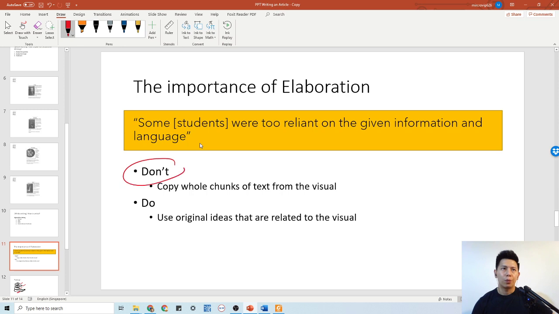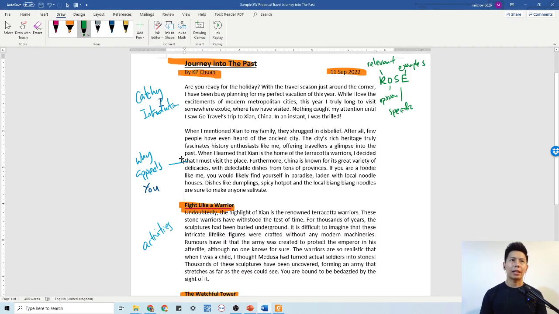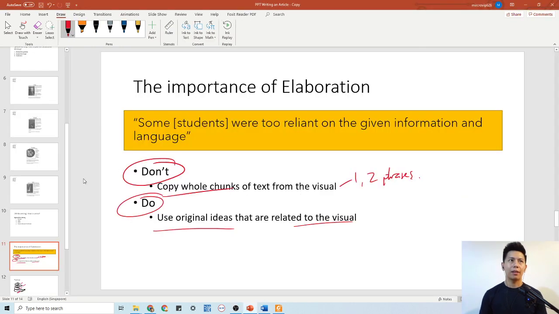So don't copy whole chunks of text. You want to take out just 1 or 2 words, 1 to 2 phrases from the text. Then you elaborate from there. What you should do is to use original ideas that are related to the visual but not in the text. The key is it's related but it's not in there. How do we do that? Let's look at the task that we have here